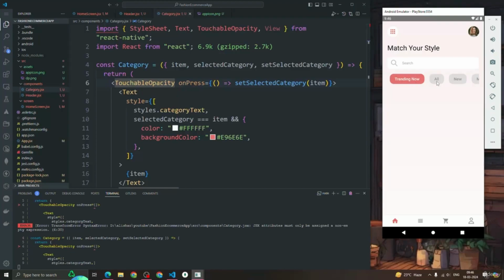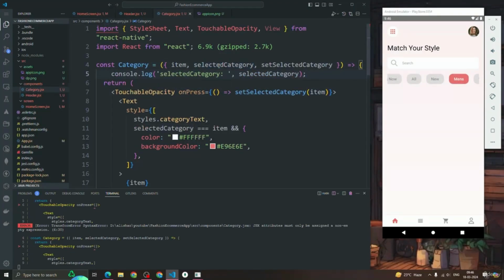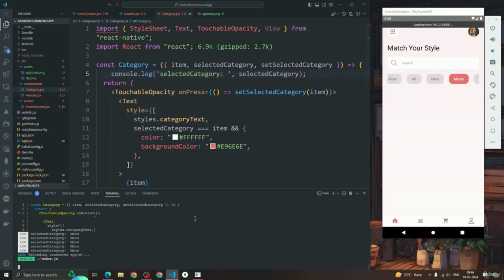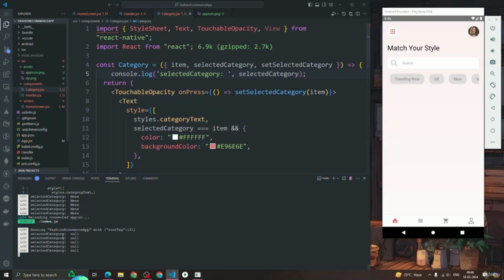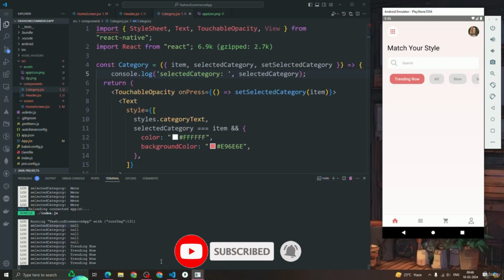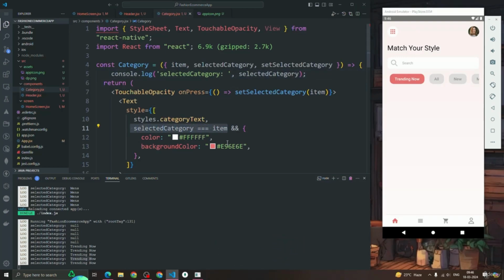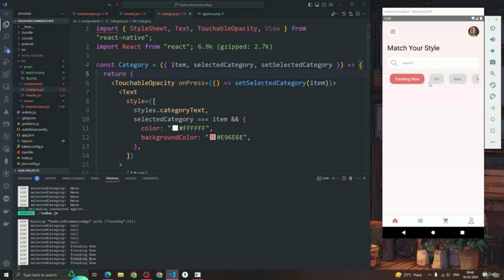If I click on Trending Now, you can see this gets selected, and the selected category value is also coming as the selected value. If I show you, the currently selected category value is coming as null, and if I click on any tag, that value becomes set, and we are checking that if selected category is equal to item, then update the item with this color. Perfect. So this is how we create a horizontal scrollable